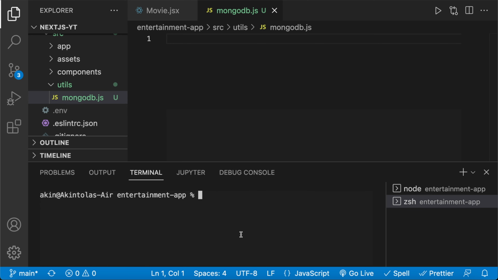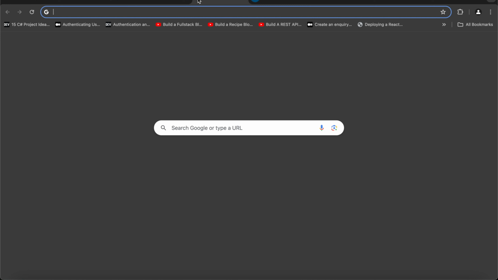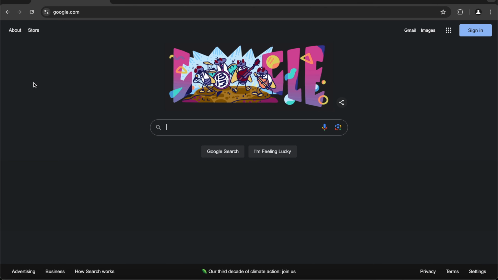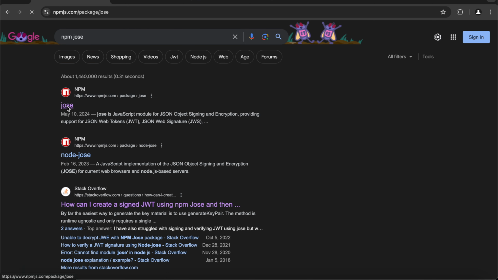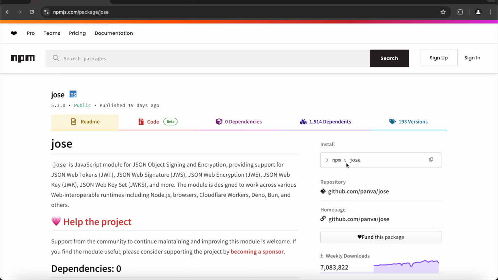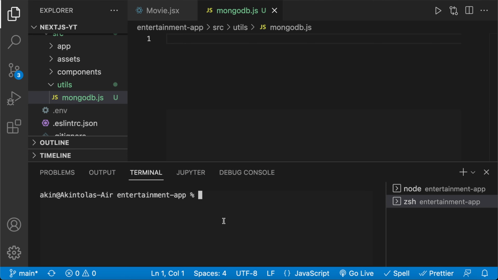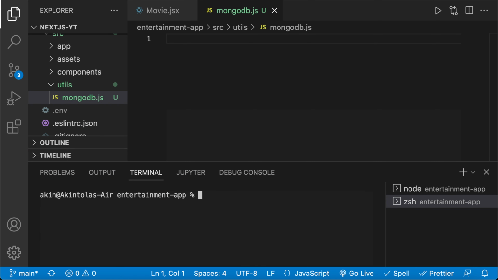Cool. And another thing we're going to need, let's quickly come back to our browser and go over to Google, and within Google, we're going to look up npm Jose. So you come here, it's the first one, and we're going to be installing this. It's going to be npm install jose, and we're going to copy that, and close out of that because we don't need it anymore. Let's head right back over to VS Code, and the reason we're using this is because